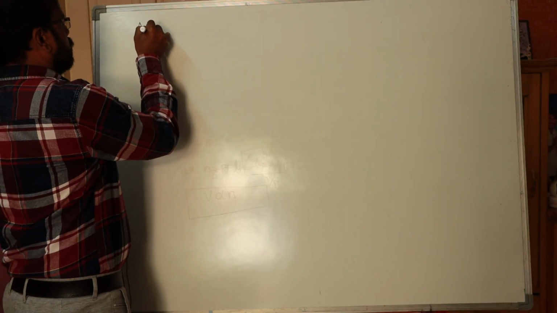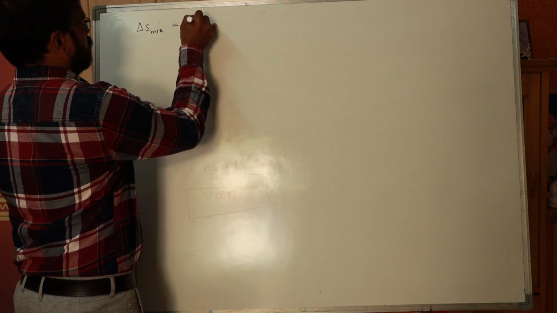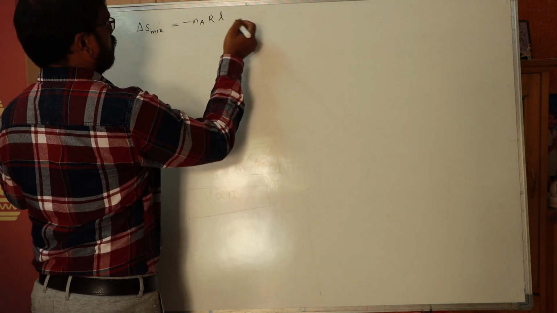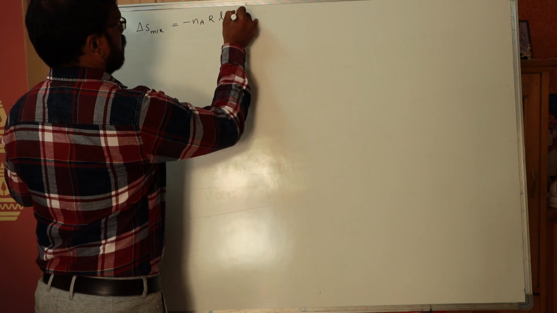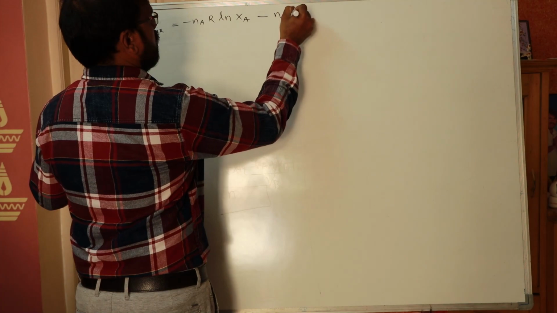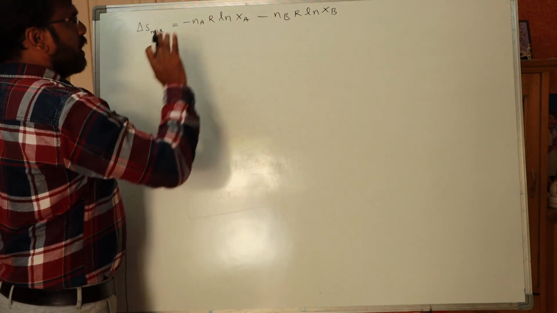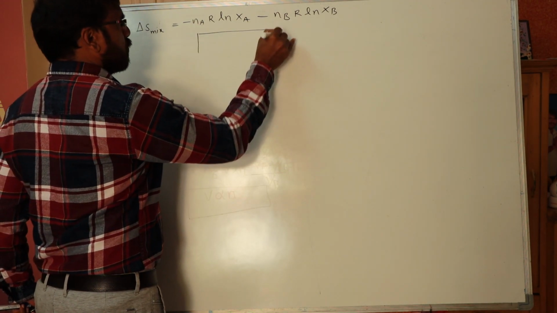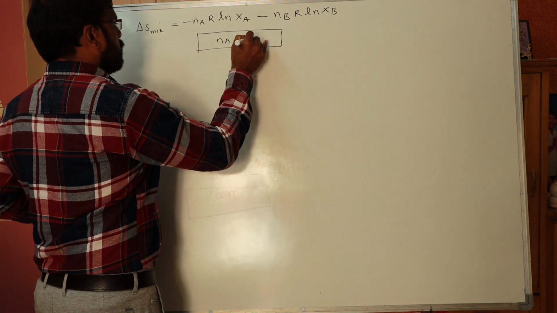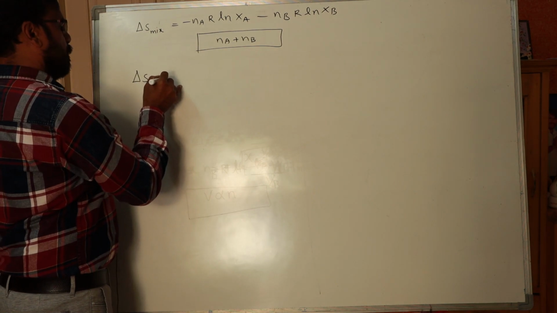Delta S mixture for an ideal solution is equal to minus the number of moles of A component, the universal gas constant R, and the natural logarithm ln Xa, minus Nb R ln Xb. This is the formula. If this equation is divided by Na plus Nb, we will get the change in entropy per mole. So then delta S mixture per mole